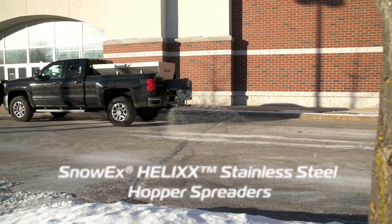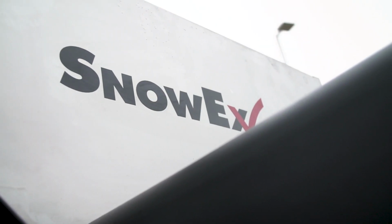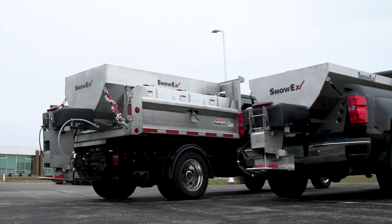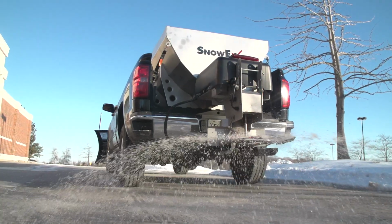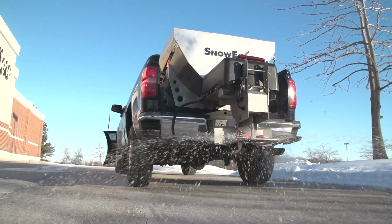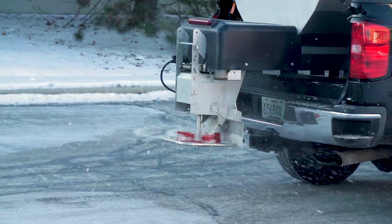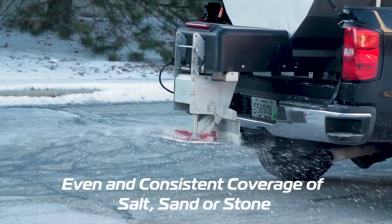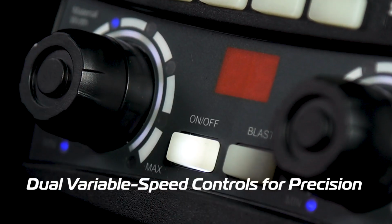Like the stainless steel HELIXX hopper spreader, constructed of corrosion-resistant stainless steel for a maintenance-free experience. Engineered for efficiency, the state-of-the-art HELIXX material delivery system is designed to prevent clogs and provide superior material flow. And no matter what you're dealing with, it can do it all, consistently, and as precise as you need it